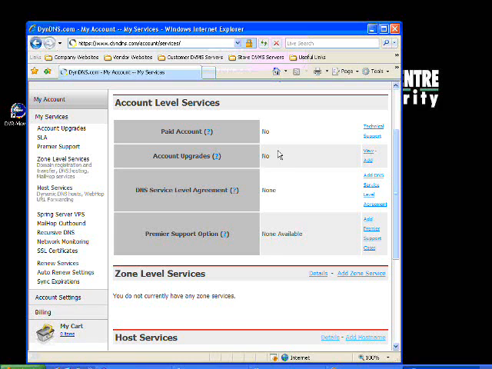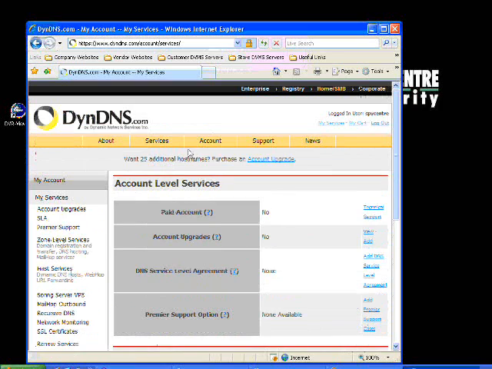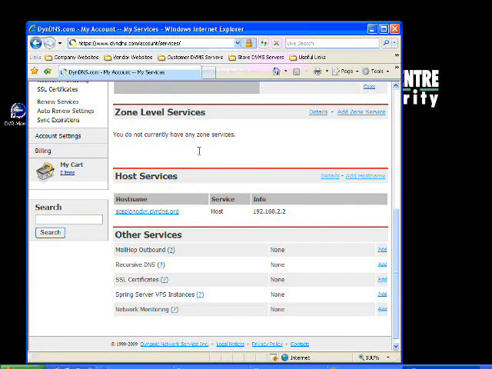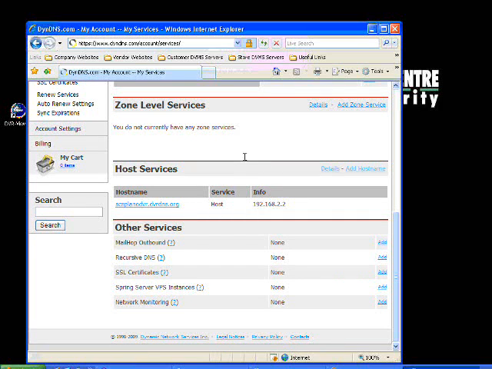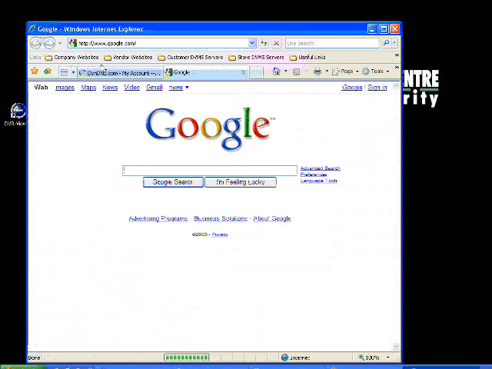If your router does not have the ability to do DDNS automatically, you can download a program here that you would load on a computer, and then that computer uses the program to update information in the account. So in the Linksys, just go back to the router's interface,